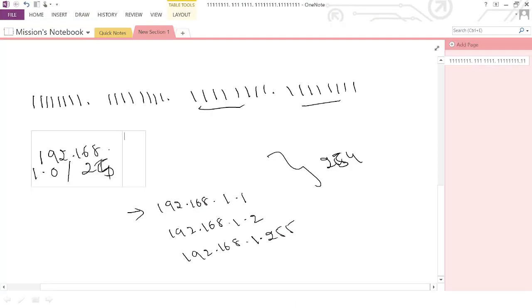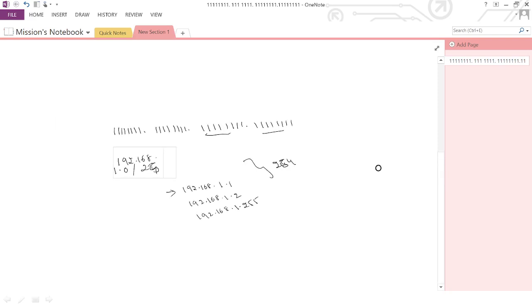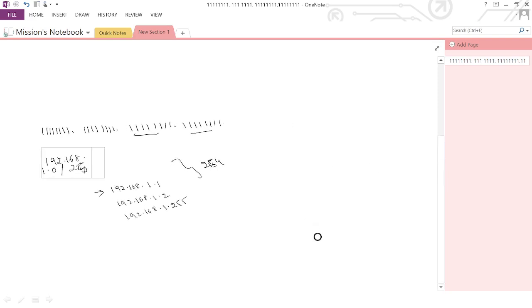Instead of 25, you can make it 23. Let me reduce the size. Now if you are writing 192.168.1.0,